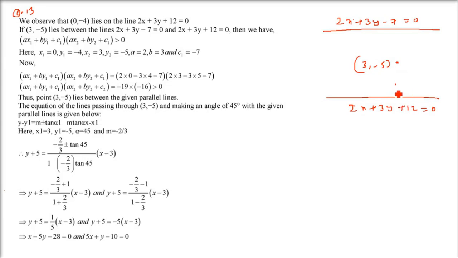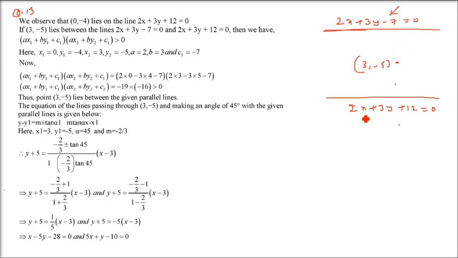So whenever we have a line, and a point or 2 points which are on one side, we put these 2 points in the line equation, and if the multiplication of the results of these 2 points put in the equation is greater than 0, they are on one side. If it is less than 0, they are on opposite sides. This is what we are going to use.